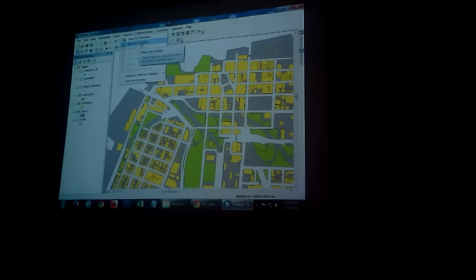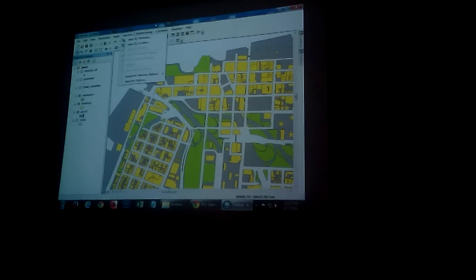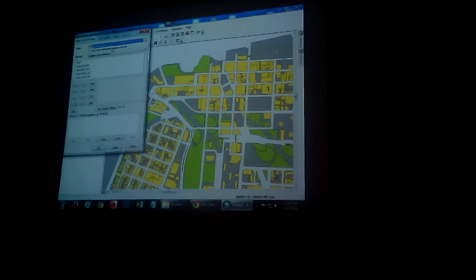If we need to use locations, we need to define a location. Defining the location of commercial buildings would be very tricky, because how would you define the locations of commercial buildings? But attribute might be better to use, because an attribute is basically something that exists in your table, right? And if you know the land use exists in your table, then it's an attribute. Then you can say, select me all the buildings where the attribute land use equals commercial, right? So I will just go and select by attributes,